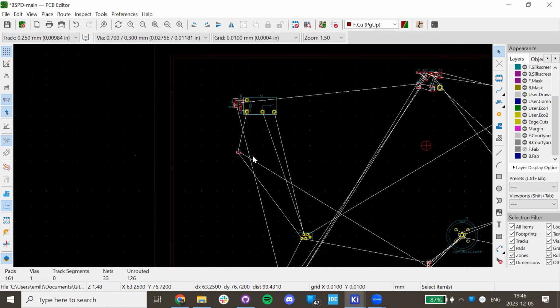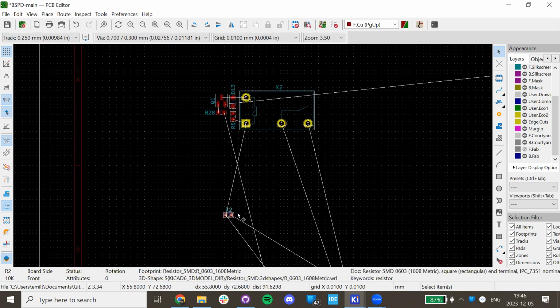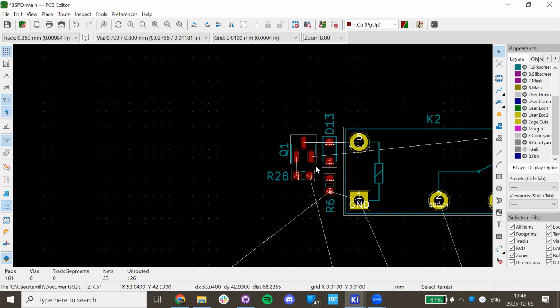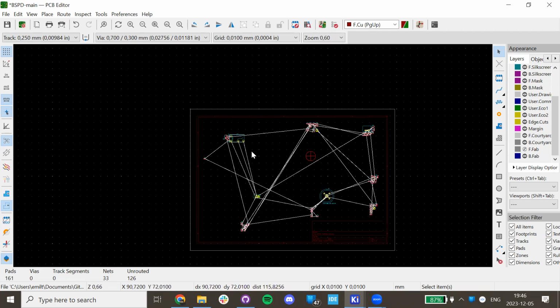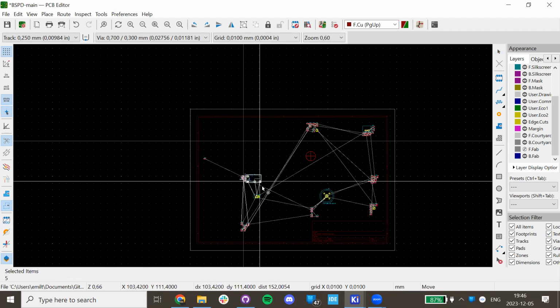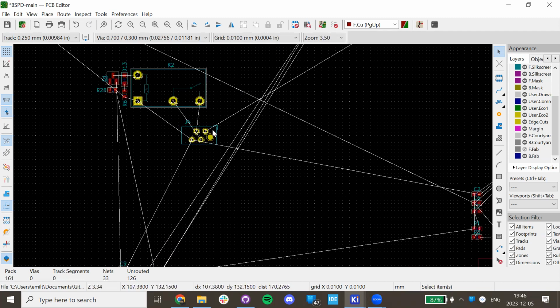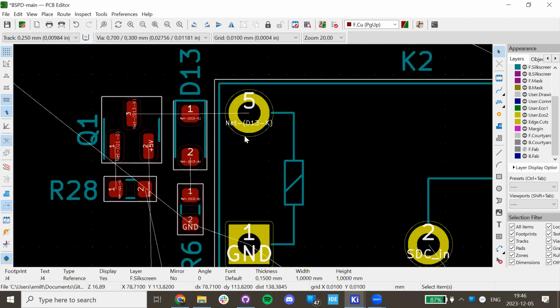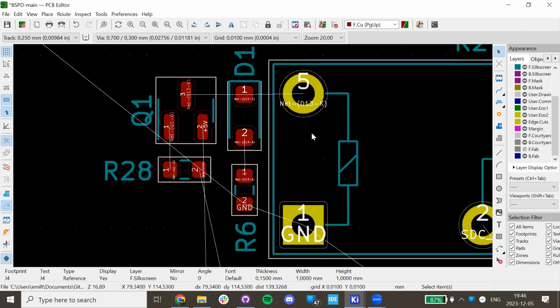Okay. So for this not to take too long, I will focus on this part only now. It has shutdown circuits, so it will be relevant. So the first thing we'll design this. Yeah. So the first thing we want to do is now, for me at least, I like to route